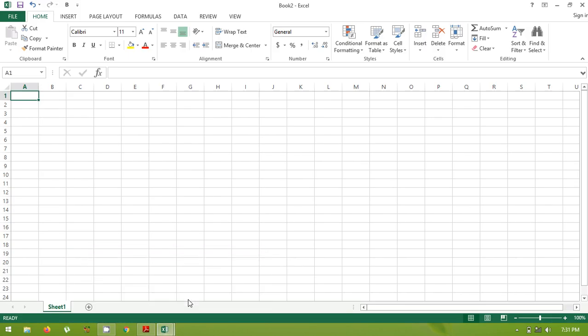So the very first is entering data, how you can enter data in a worksheet. Select the cell where you want to enter your data like this. Next, keep on entering according to your requirement.